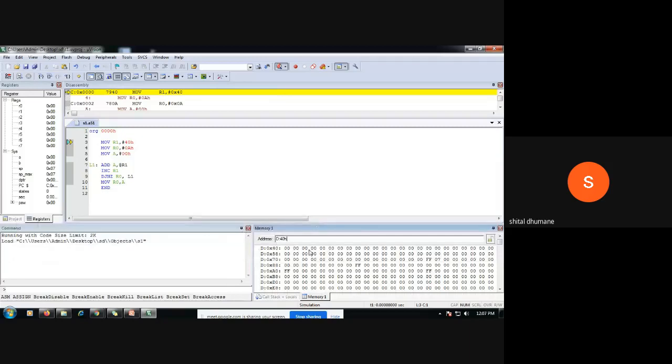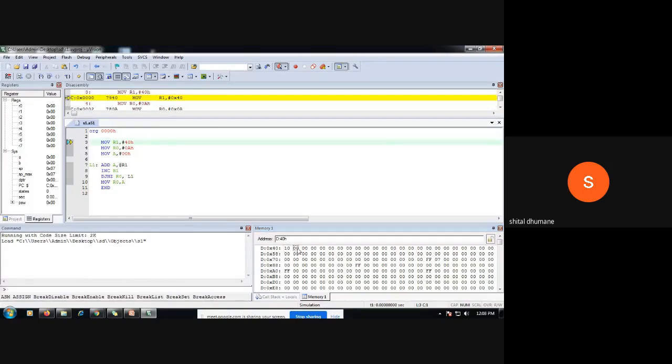These are your memory locations 40. We'll take the simple numbers 0, 1, 0, 2, 0, 3, 0, 4, and we'll get 0, 1.